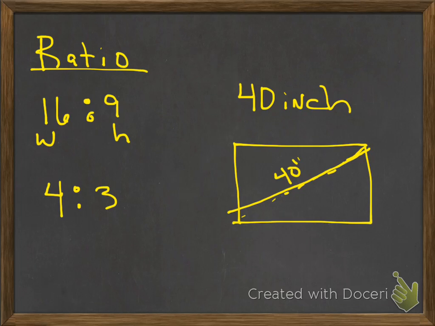Either way, okay, most TVs are built on a 16 by 9 ratio. Older TVs used to be built on a 4 by 3. So what does that mean? That means a 40-inch TV is built on a 16 by 9 ratio. For every 16 inches you're going this way, you're going 9 inches up. But that doesn't mean it's 16 inches this way. It's going part of the way. So like, let's say it goes up to 32, then you've gone up 18, and you're getting the width and